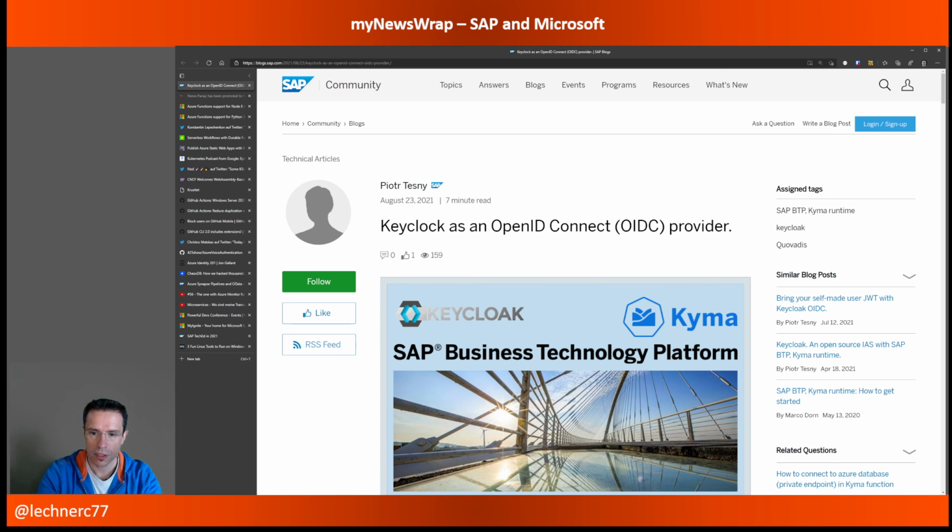So it's quite a nice read if you are working in the area of, let's say, OpenID Connect and want to see how things work out in conjunction with Kyma functions. Then this blog post might be quite helpful. Now with that, I'm already through with the SAP side of the house, so not too much happened this week.